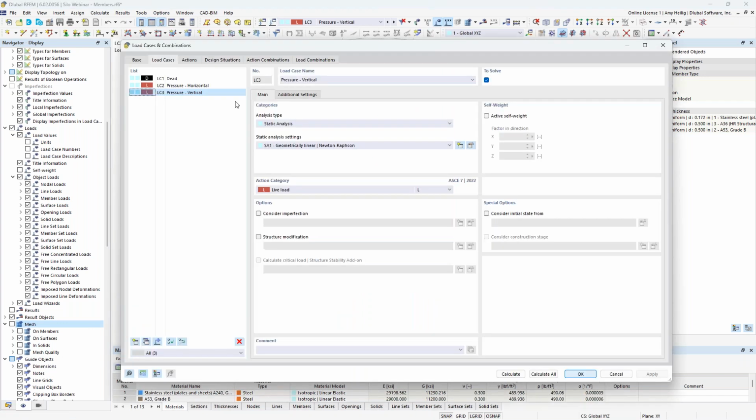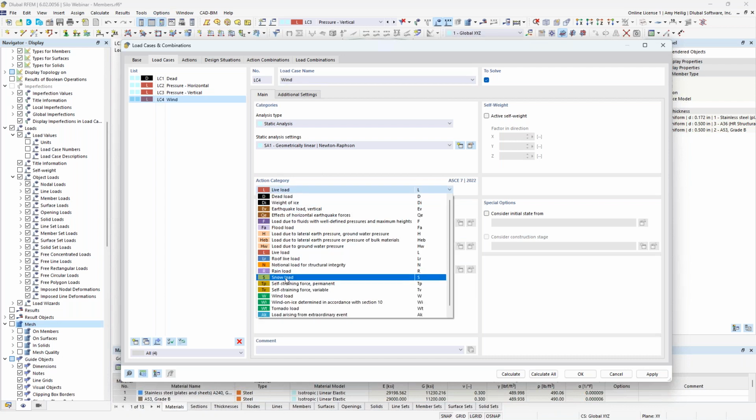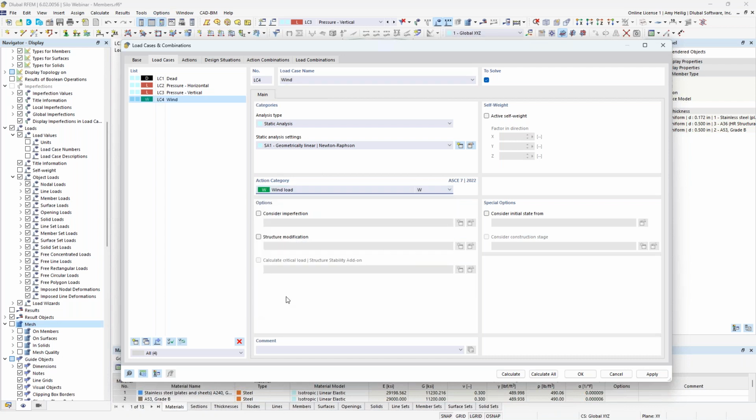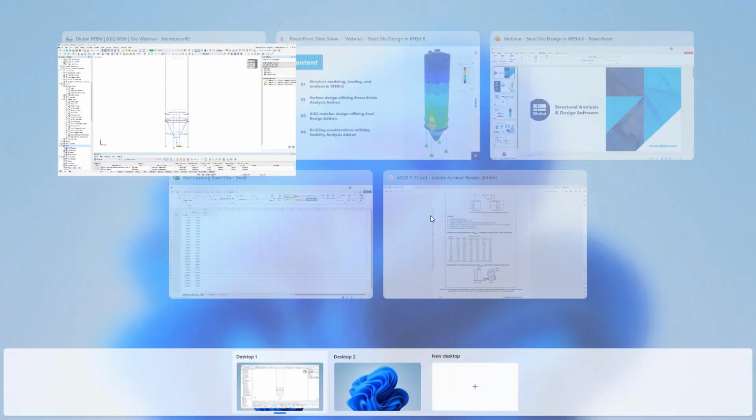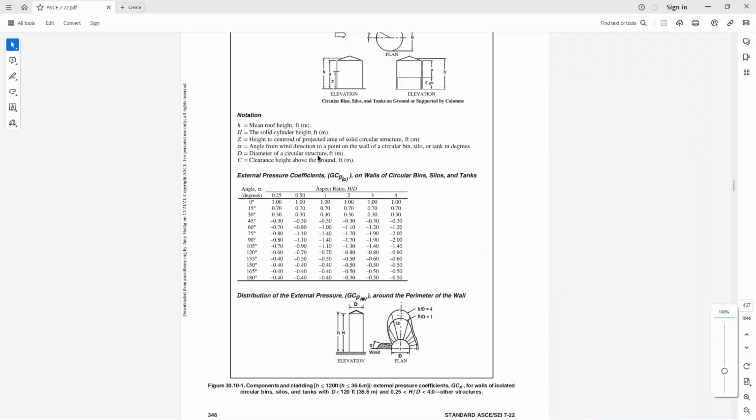Now, for our final load case, we will just generate a new load case rather than making a copy. And the wind load, this will be of the type wind with the load case name set as so. The action category will, of course, be set to wind load. So now that I have this fourth load case, what I'd like to do is refer here directly to the ASCE 7-22. And in particular, I'm looking at figure